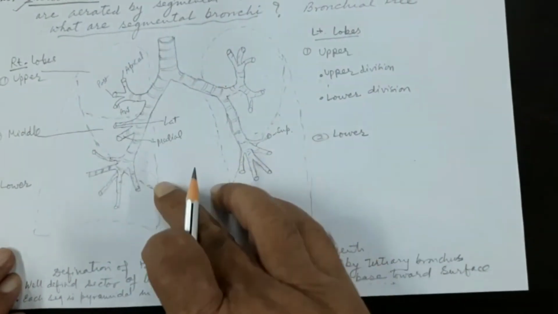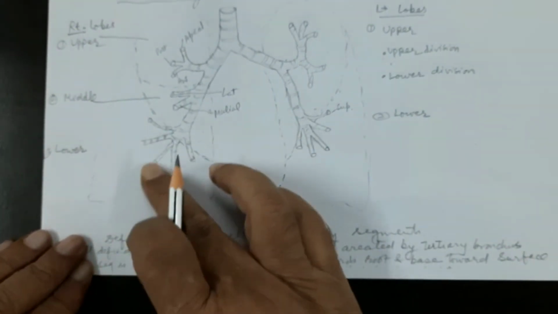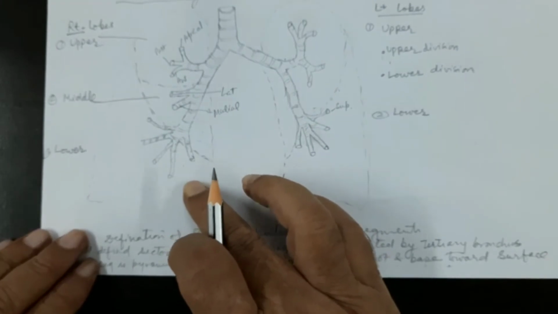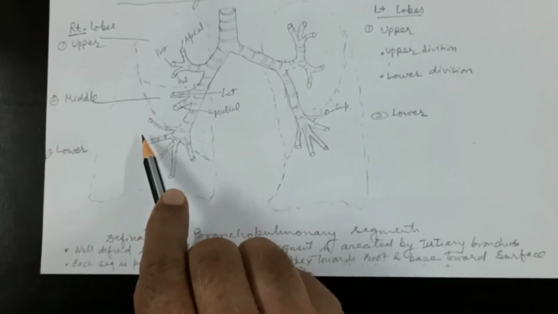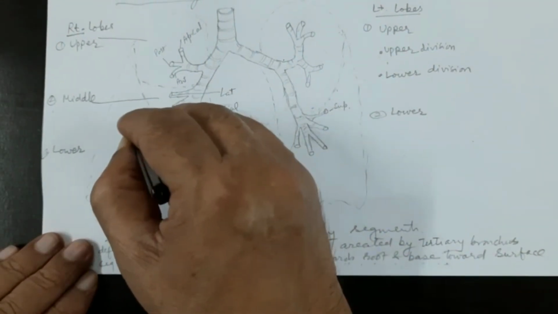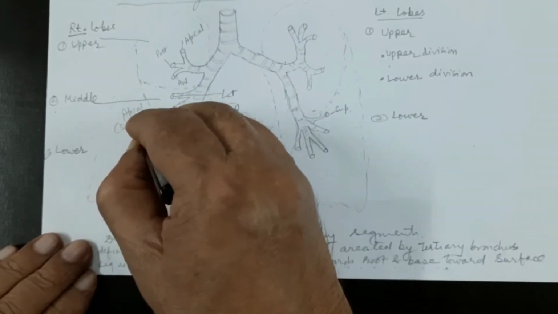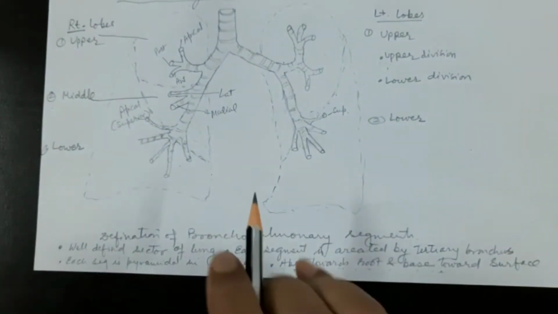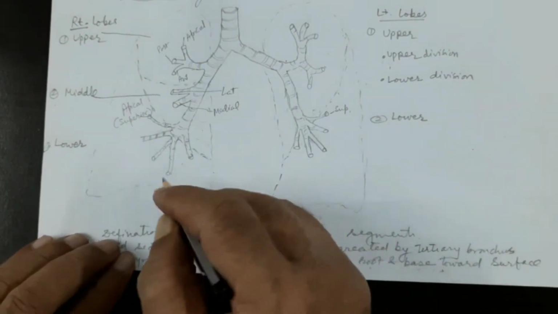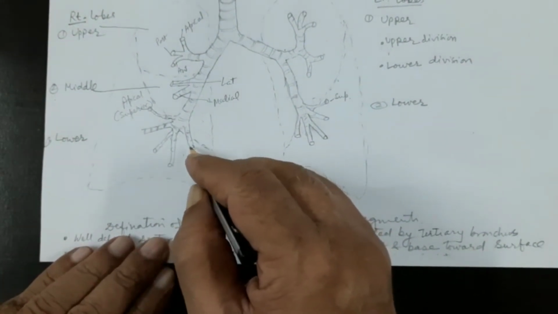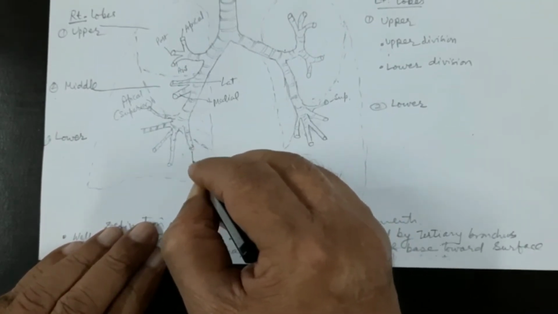Then coming to the lower lobe, whatever lies below the oblique fissure. This is the oblique fissure, and the area lying just deep to it is the lower lobe. Let us see the segmental bronchi for the lower lobe. This is the apical, or superior, as you can also call it, because there is already one apical in the upper lobe, so better to call it superior. Then the remaining four segmental branches